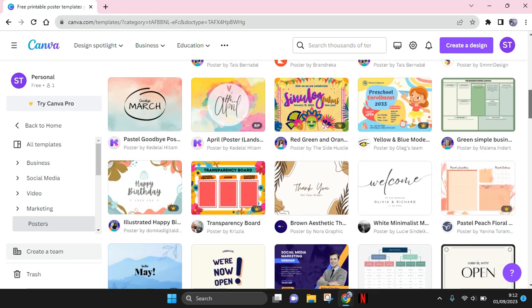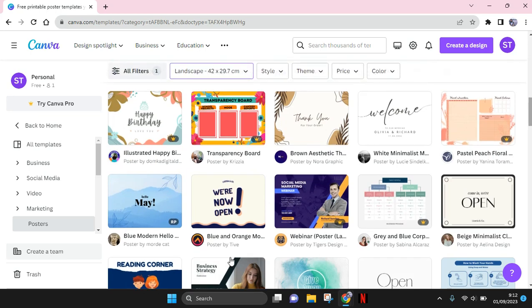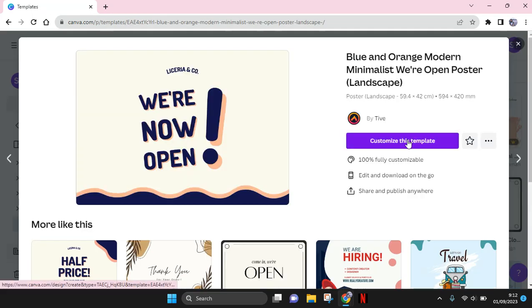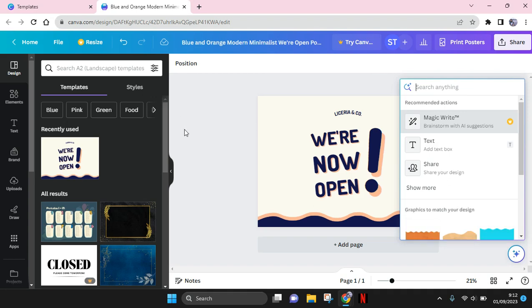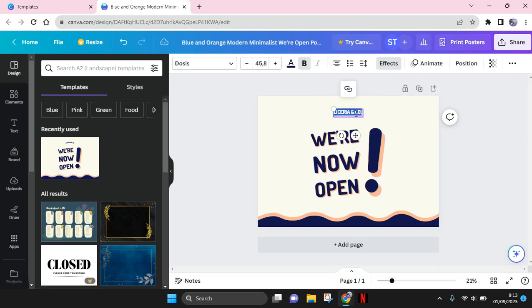So for example, I want to create this one. I'm going to create a promotion poster. Just click on the template and click on customize this template. Okay, so here you just need to make some changes with the templates. For example, you can change this into your own brand. For example,